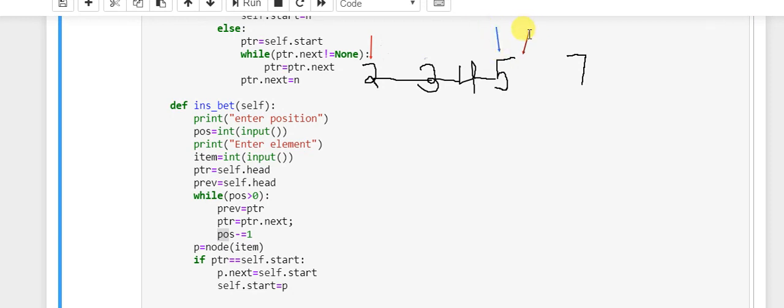Now our POS pointer is going to decrement again. It is going to become 0 and the loop is going to break. Our node for that item is going to be created, and since PTR is not pointing at self.start, it is pointing at none, we are going to create another condition for that. And if, as our PTR pointer is none here, so PTR equals to none,